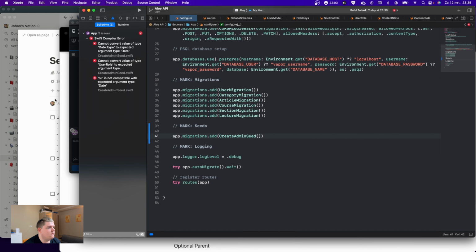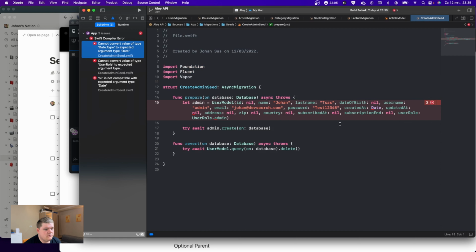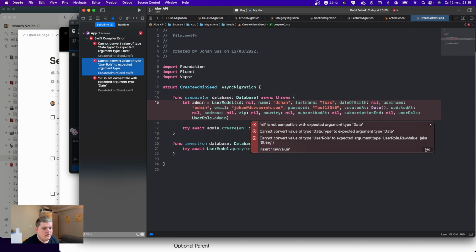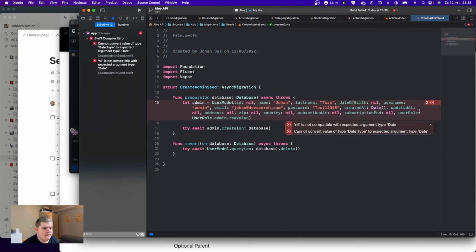And we have some, what's this? Oh, okay, yeah. We actually need an initializer there. We need dot raw value, I'm really sorry. And updated at,